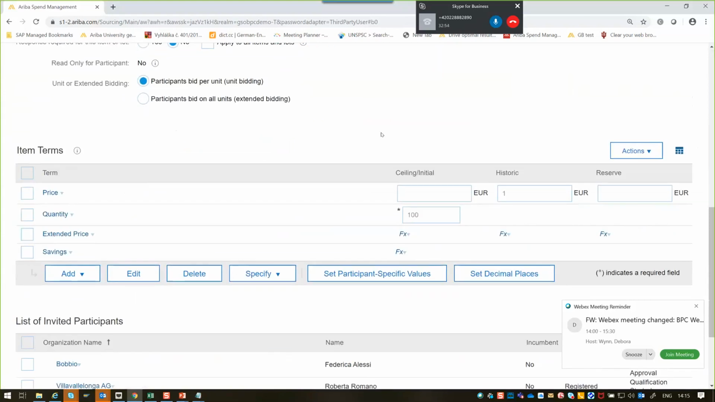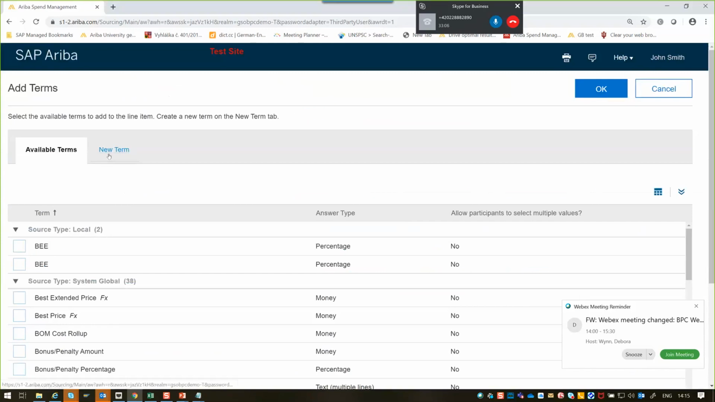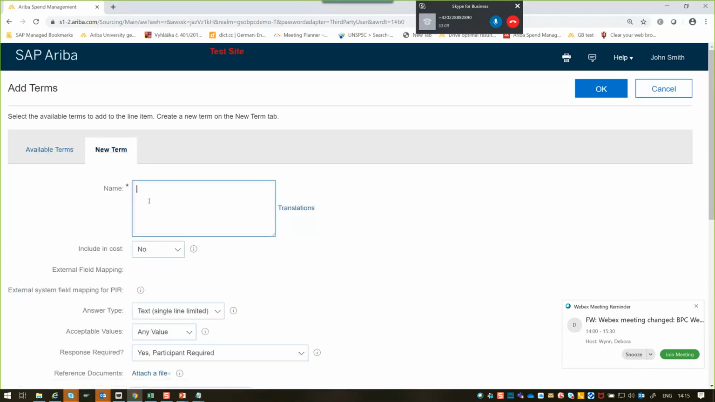I'm going to use these matrix terms, and we said we want to have something called region. So how to do that for those who have never worked with matrix? Add term, and I will create a new term called region,